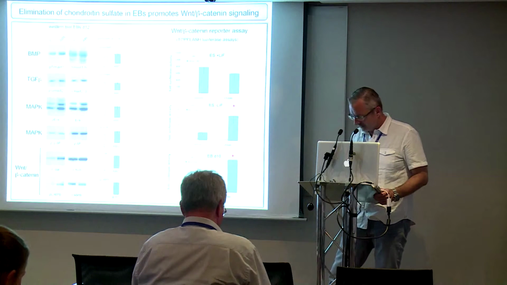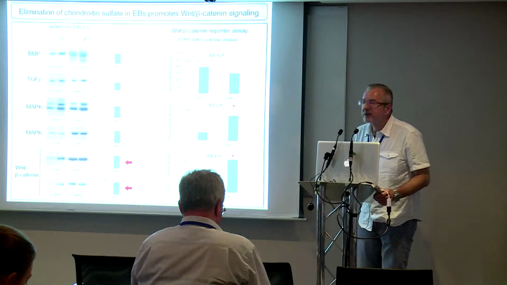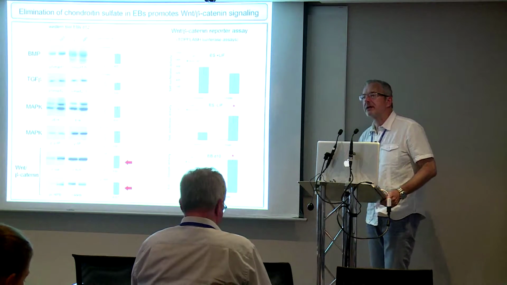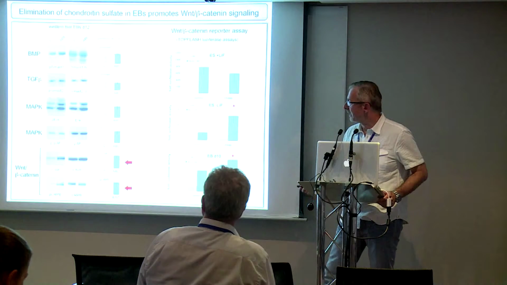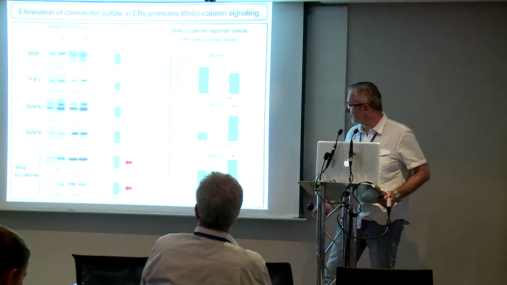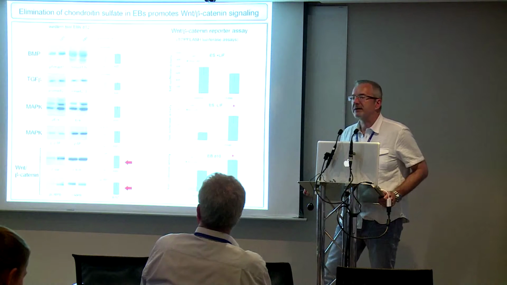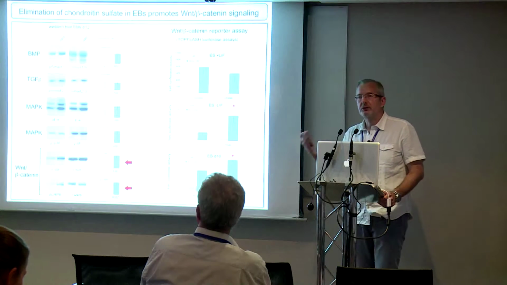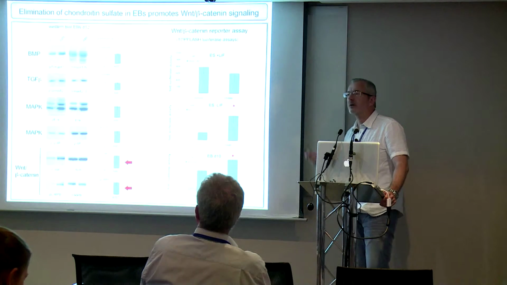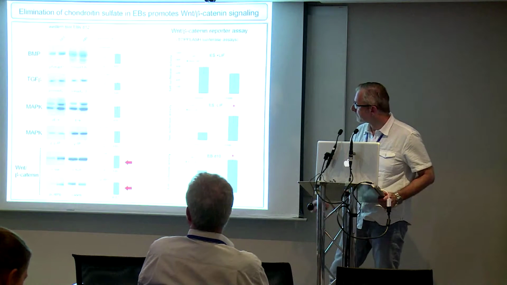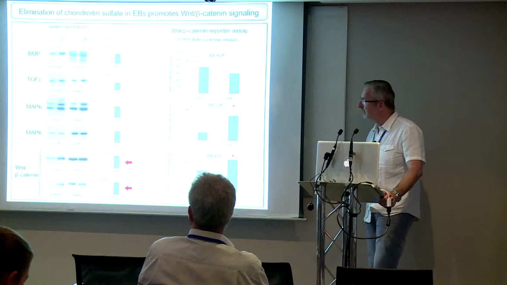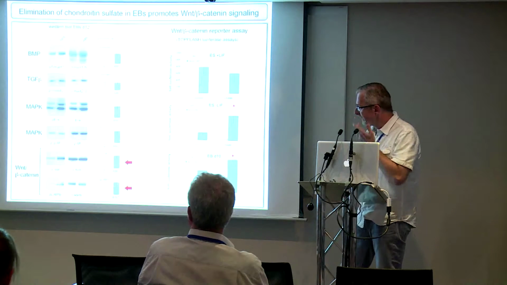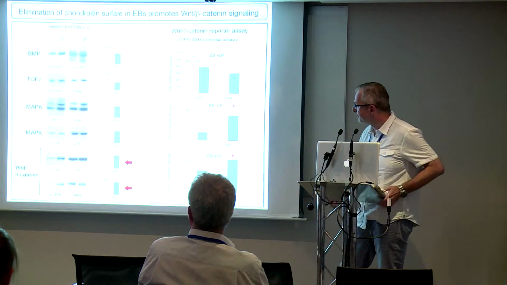However, what we did see is that the Wnt beta-catenin, so the canonical beta-catenin pathway, was affected by chondroitinase ABC digestion, and it was affected in a way that it was upregulated. So if you look here at beta-catenin, which is an important intracellular mediator of Wnt, the canonical Wnt pathway, it goes up. And when you look at one of the Wnt receptors, LRP6, and specifically here phosphorylation of LRP6, that